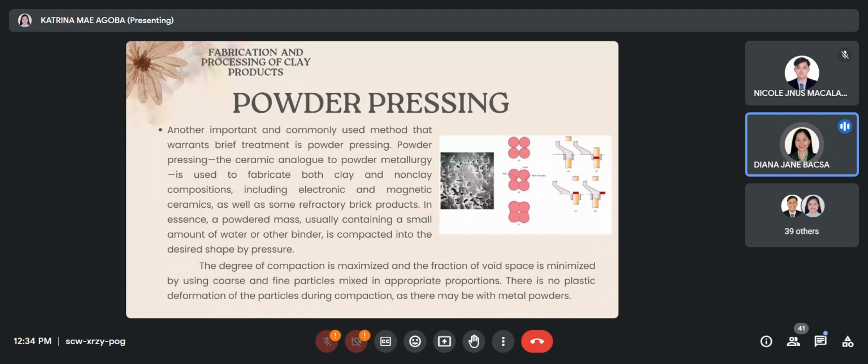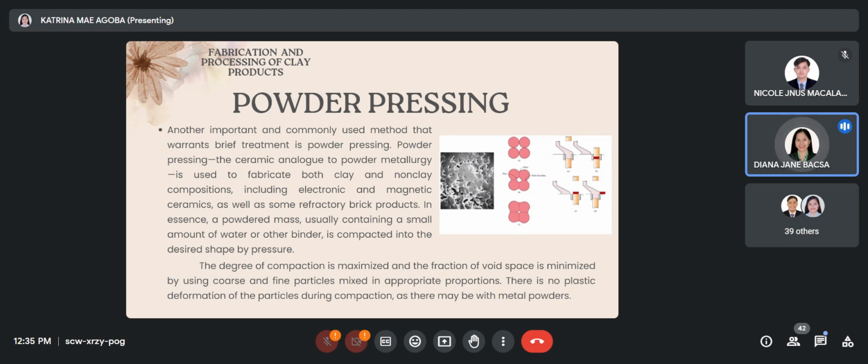desired shape by pressure. So the degree of compaction is maximized and the fraction of void space is minimized by using coarse and fine particles mixed in appropriate proportions. There is no plastic deformation of the particles during compaction as there may be with metal powders. So the additional info, there are three basic powder pressing procedures, which are the uniaxial, isostatic or hydrostatic, and hot